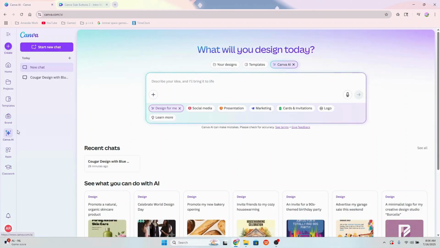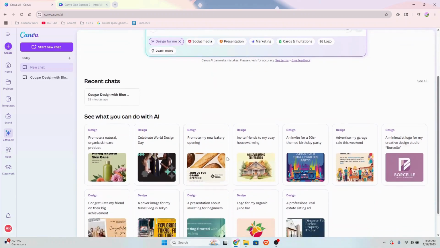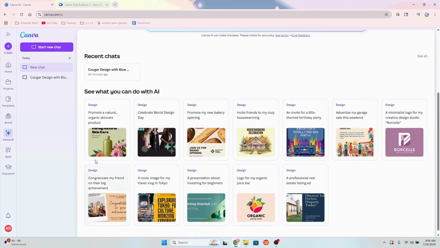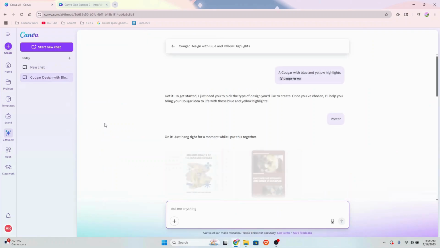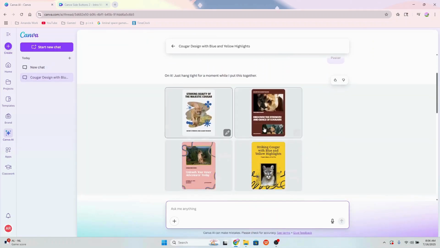Next is Canva AI, and I don't use this, but I did give it a shot about half an hour ago. You would type in what you want it to make, and then these are things that it has made before, I guess, just things that you can do with it. But let's take a look at what I tried to do about half hour ago right now. So I typed in that I wanted a cougar design with blue and yellow highlights in it. It didn't really give me what I wanted. So I mean you could play with it, but